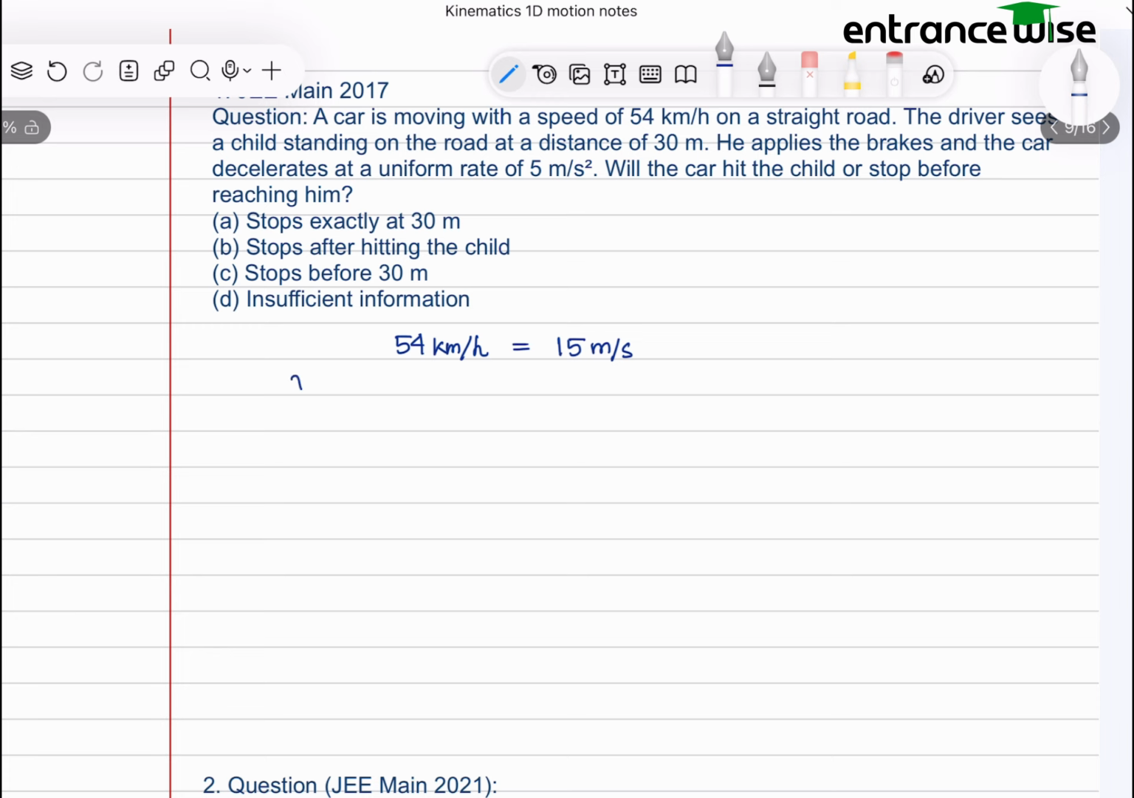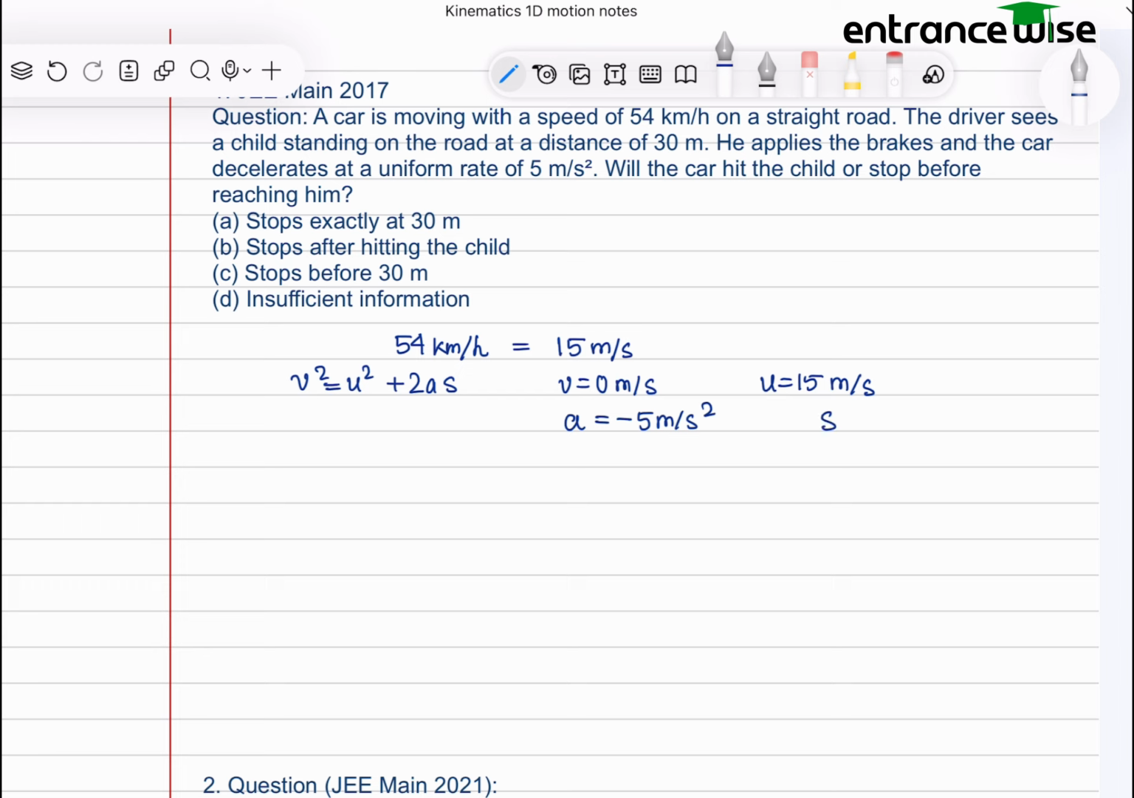That is v square equal to u square plus 2as, where v equal to 0 meter per second. This is the final velocity as the car comes to a stop. u equal to 15 meter per second, that is the initial velocity. Acceleration a equal to minus 5 meter per second square as the car decelerates, and s is the distance traveled before